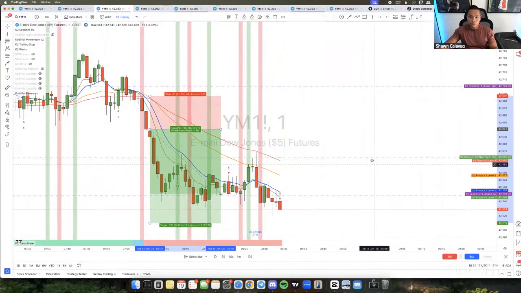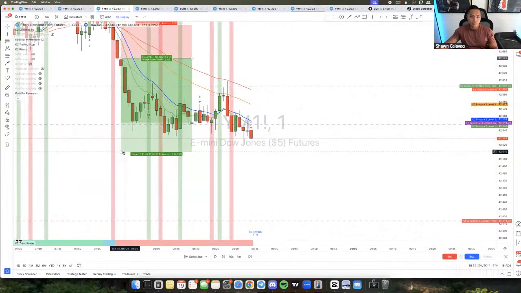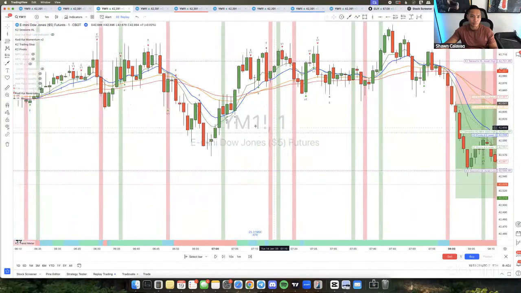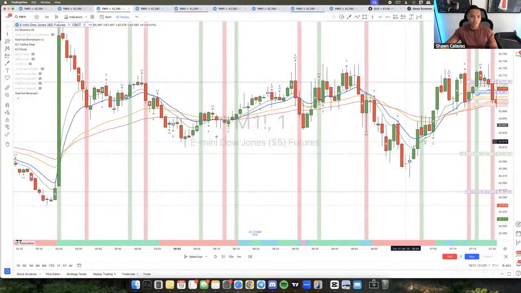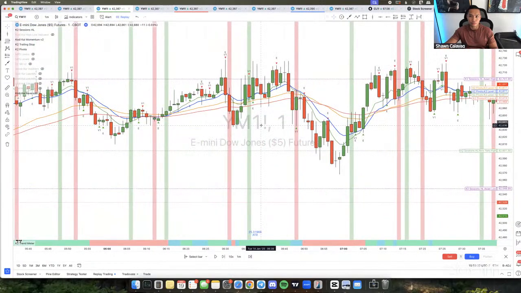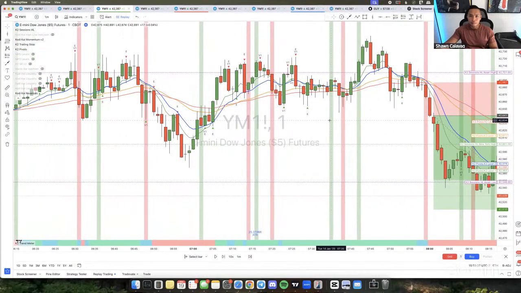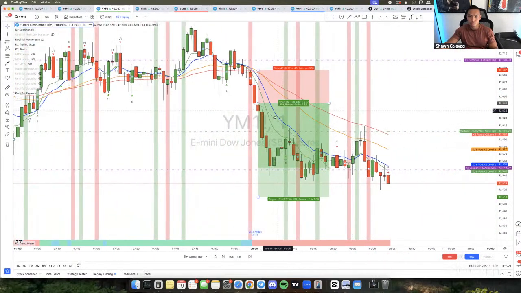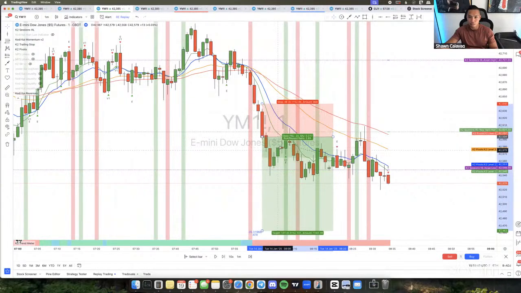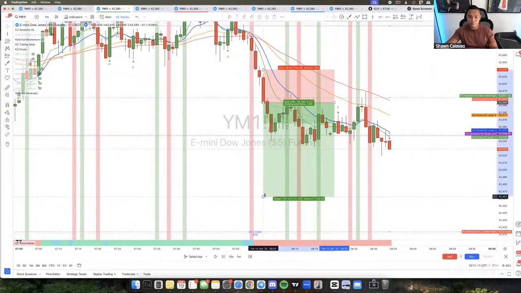So say you're using decent contract size. All right, this isn't actually a really good example. Let me see if I can find a better one. Okay, so here's actually, I'm trying to show you an example of how the trailing drawdown could really screw someone up. I guess this could be sort of an example. We'll just say that you entered right here, and this has happened to me before, and this is why I stopped taking big targets.